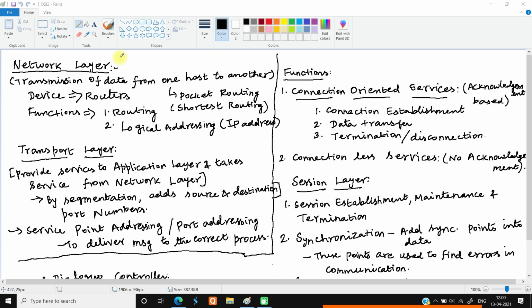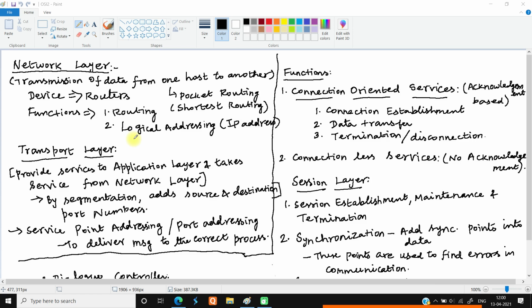So that shortest route is going to be found by the router. So the basic function of the network layer is going to be the routing, that is the finding of the shortest distance, shortest route, and finding of the IP address of that particular server or particular switch.